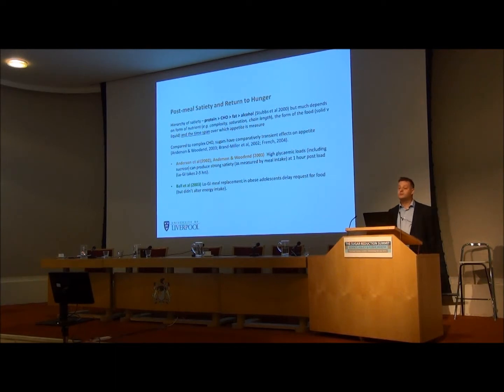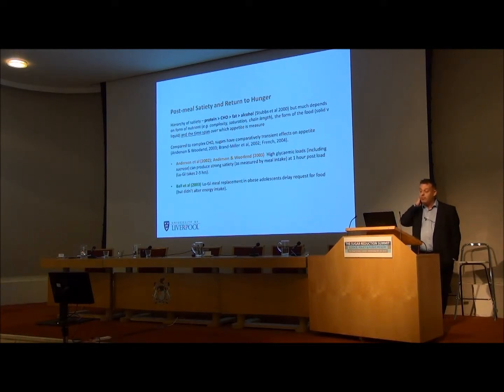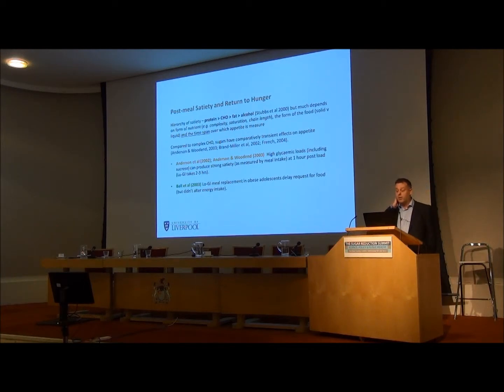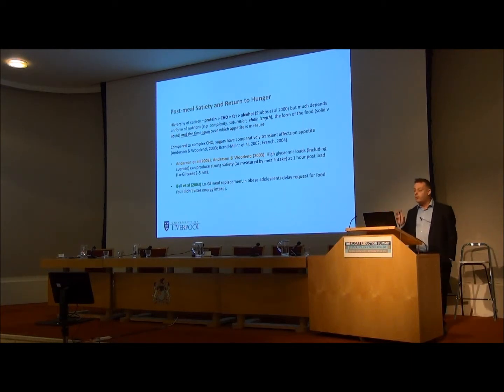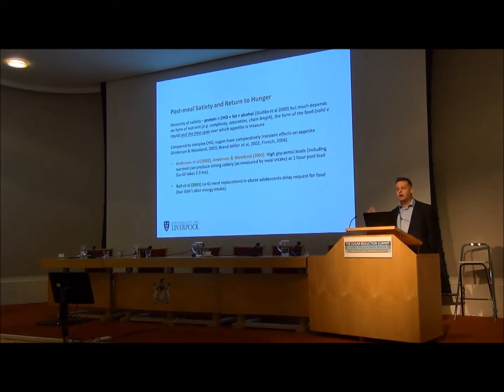Then there is the issue of post-meal satiety, and here's where perhaps more of the controversy is. Now there is a recognised hierarchy of satiety where protein produces more satiety than carbohydrate, produces more satiety than fat, produces more satiety than alcohol. And within appetite science we have lots of debates about this because how you balance and construct the experiments can give you lots of diverse answers, and I'm not going to bore you with all that, but we'll take that as read. But what is important is within those macronutrient categories, there is a great deal of diversity to do with the form and the structure of those macronutrients.